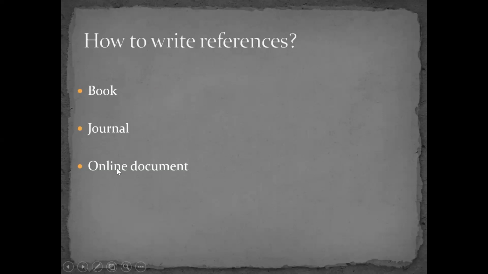Now, how do you write this as a reference? You refer to books, journals, and non-online documents. There are certain ways to refer in your thesis. Reference is very important. I remember in many standard colleges, they will check whether whatever you have quoted, you have given as a reference at the end. That is very, very important. Whatever you copy, you also copy the reference of the book, journal, or online document.